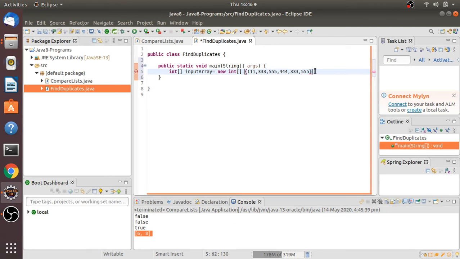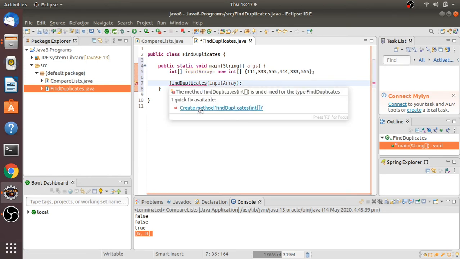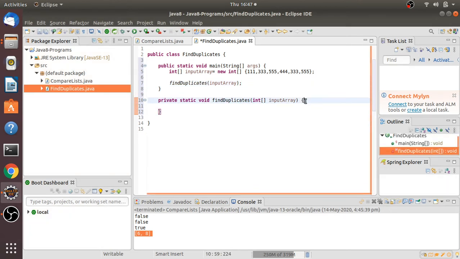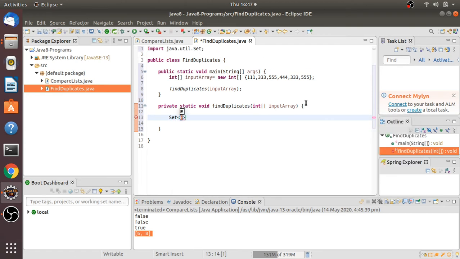So these are the elements available inside this input array. I will write one method, a find duplicates method, and I'm going to provide this input array. Let me create this method, guys, and write the implementation here. Let me take a Set of Integer, and I'm going to name it unique elements.